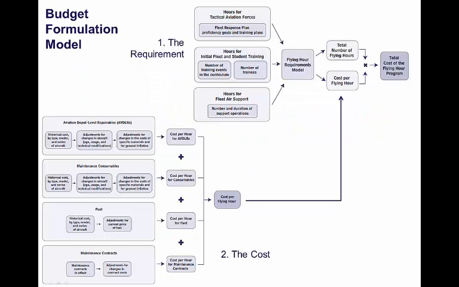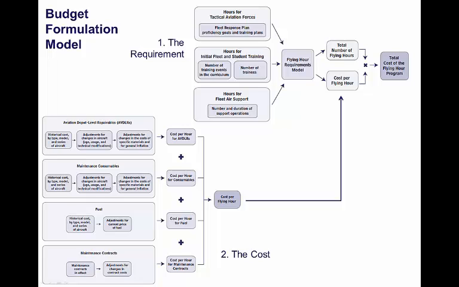The model has 2 components, a requirement component and a cost component. The requirement component asks how many hours do we need to fly our aircraft to do the operational missions that we're asked to do, to train and develop new pilots and to requalify other pilots. And then we have some air support that we need, refueling tankers, for instance. So that requirements model is then multiplied by the cost per hour,